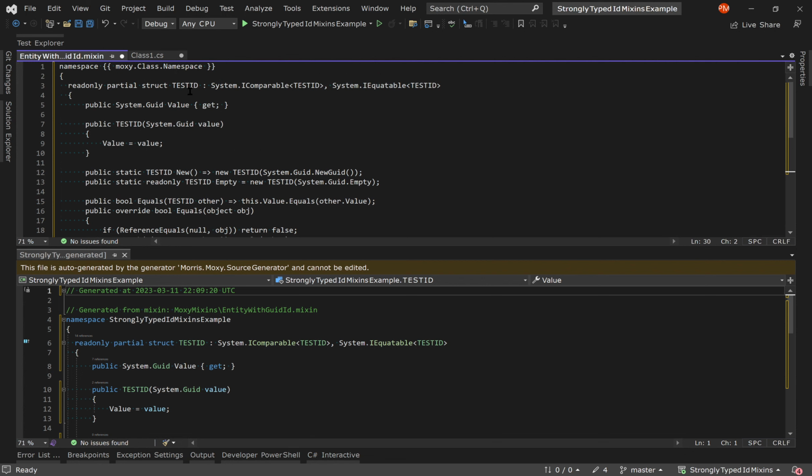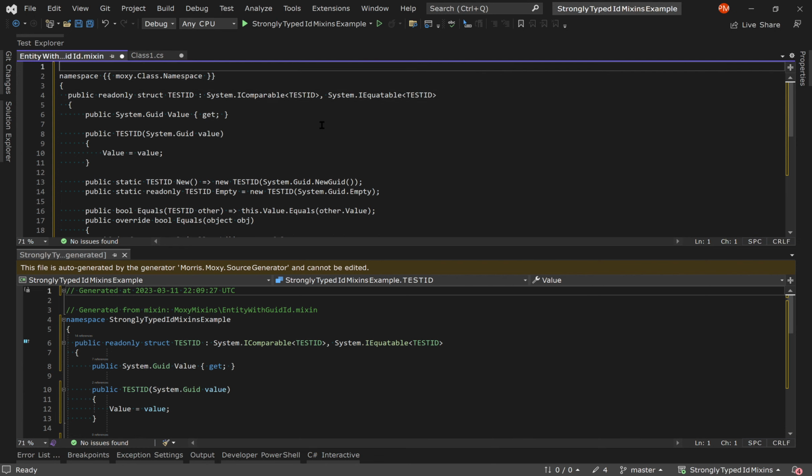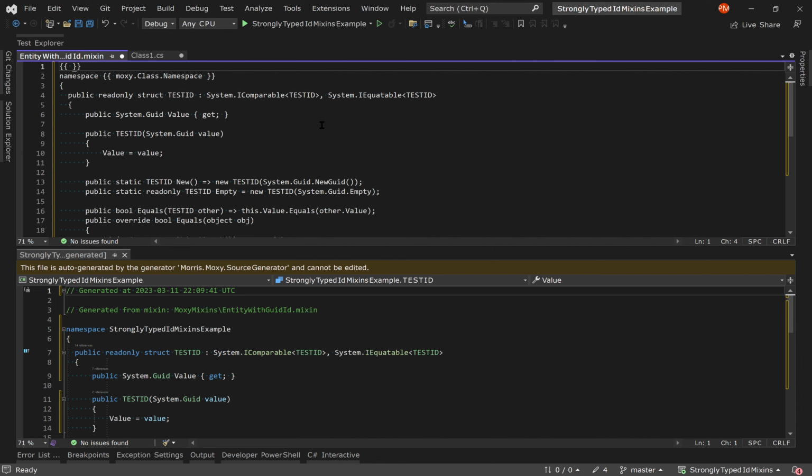This word test ID comes up a lot, so I'm going to make that public. Test ID comes up a lot, so obviously we want to change that name to class1 ID, so I'm going to create a variable,